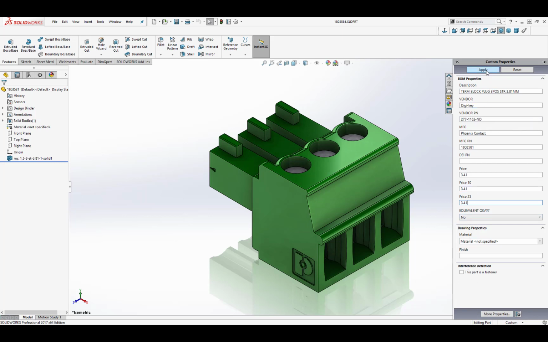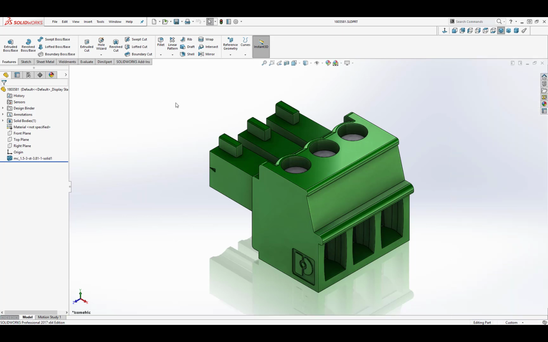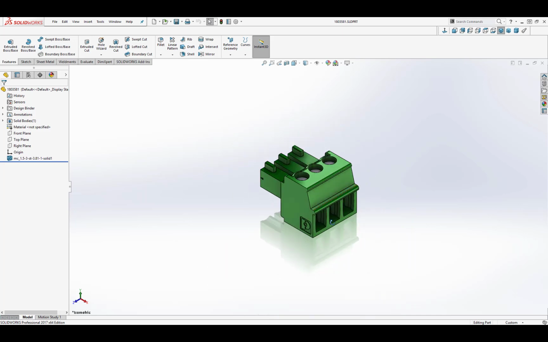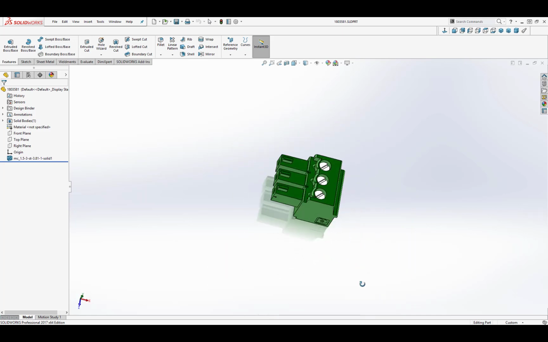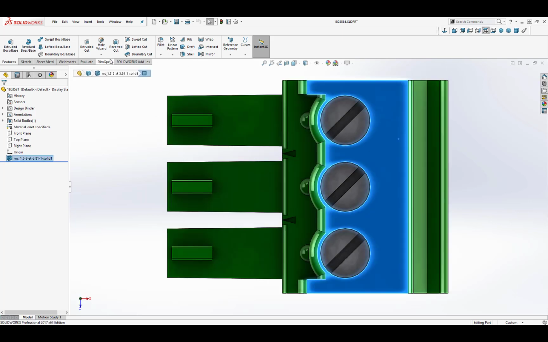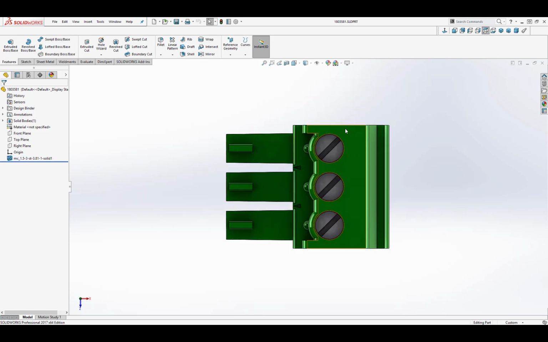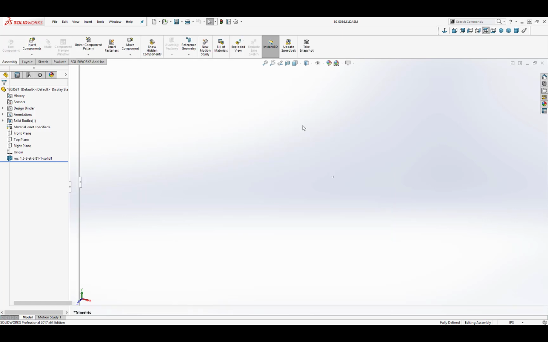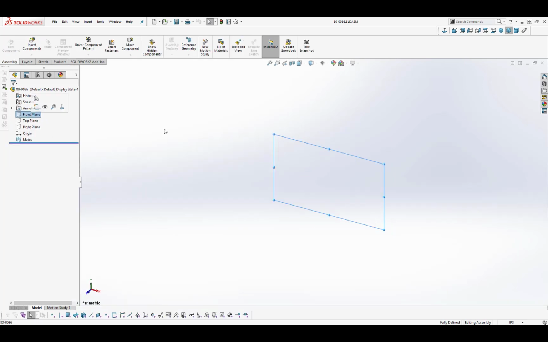I'm going to hit apply so it saves it. And save. And now this is ready to put into the assembly. So when I put it in, I think I want to look at it from this angle here. What is that? So that's the top, I guess. Anyway, let's go back to our assembly. So I'm just going to pick